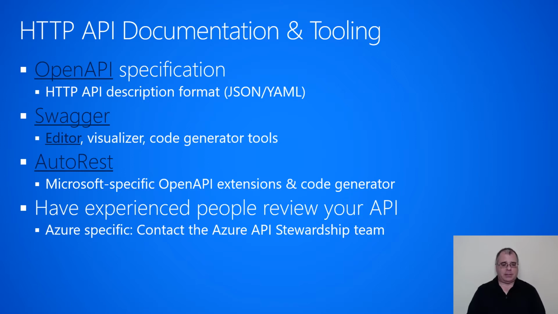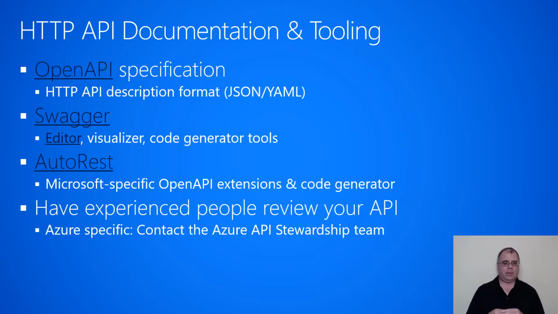OpenAPI is a specification, and it is basically a JSON or YAML document that allows you to describe what your service's contract looks like. OpenAPI used to be called Swagger, and there's a Swagger website that has a Swagger editor on it, a visualizer, and code generation tools that you can use to help create this contract and to